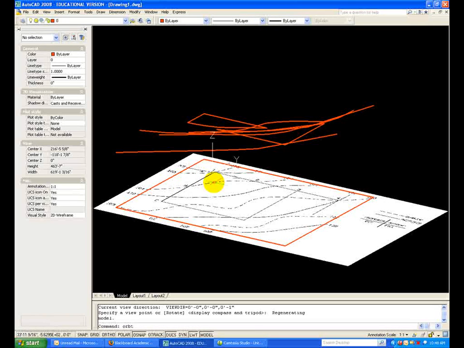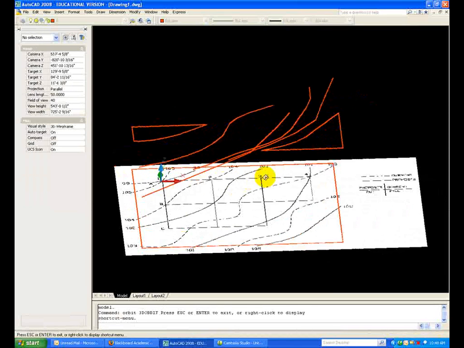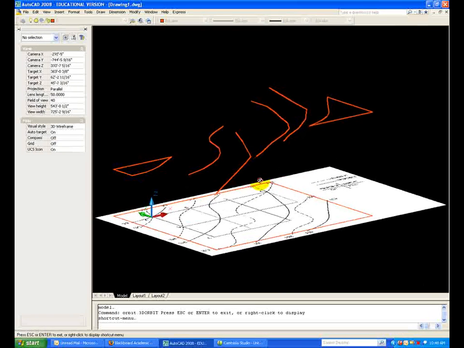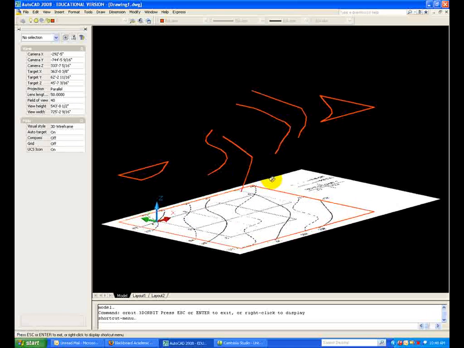You can also type orbit now that you have some bearing, and it will give you an ability to pick the view that best describes what we've done. And I think